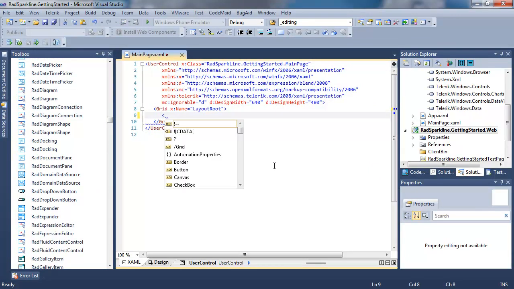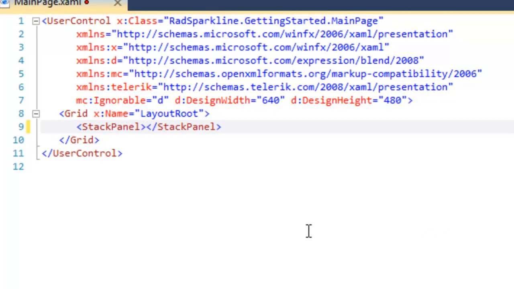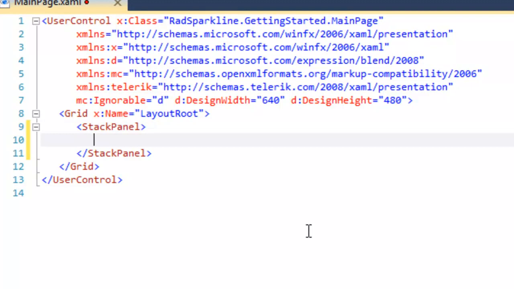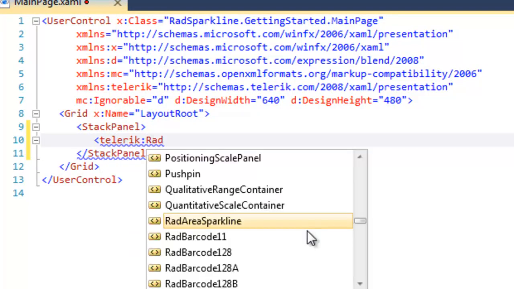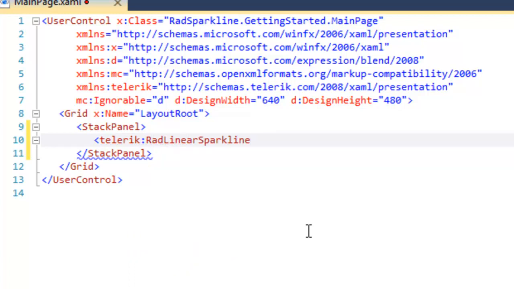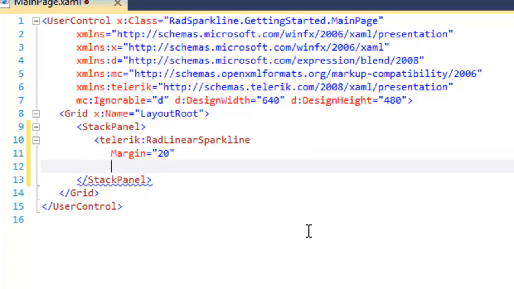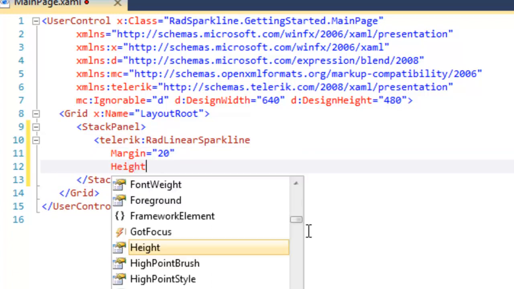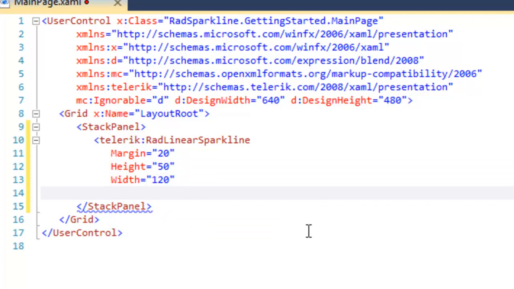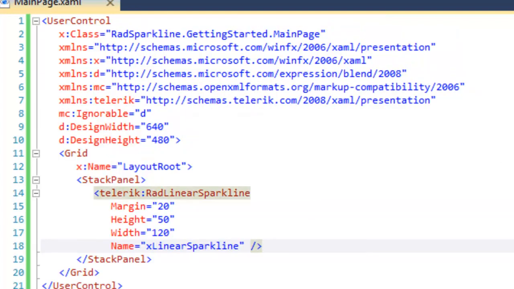I'm going to start by adding a stack panel because there are a few types of RadSparkline. I'd like to look at them all together, stacked one above the next. Let's begin with the Telerik LinearSparkline. We'll set a few simple attributes such as a margin, height, and width, and we'll give this control a name. Let's go ahead and save that, and then we can come over to the code behind, which is going to be in